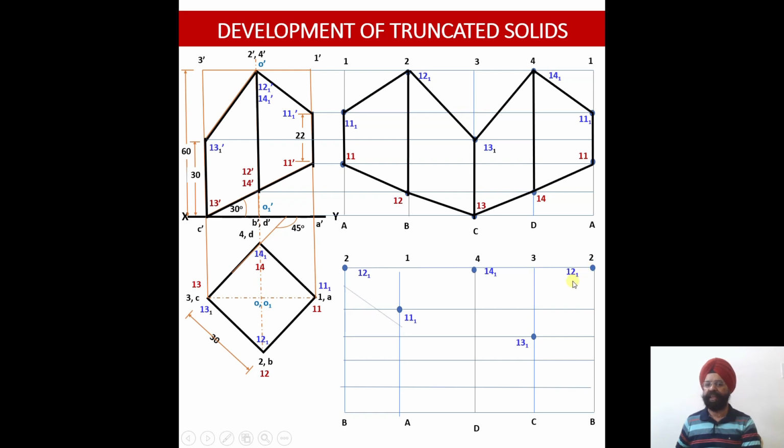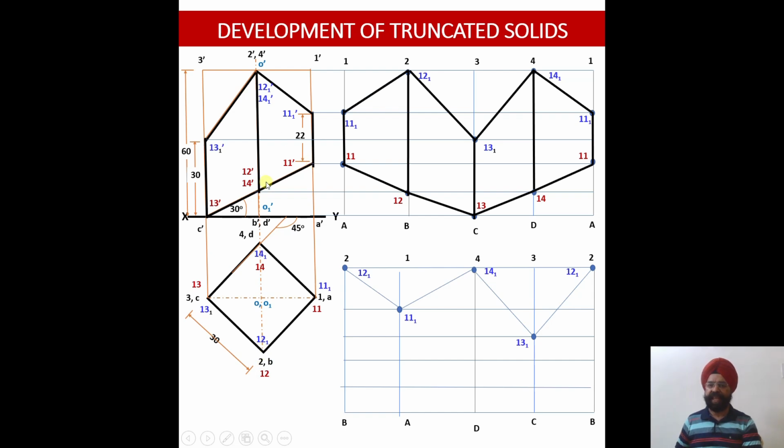They have been evaluated. Now let me join. Now you can see there is a change in the pattern, as it was there corresponding to the top cutting plane. Now let us evaluate the cutting points corresponding to the new arrangement, that is starting from BA. So where does the lower cutting plane